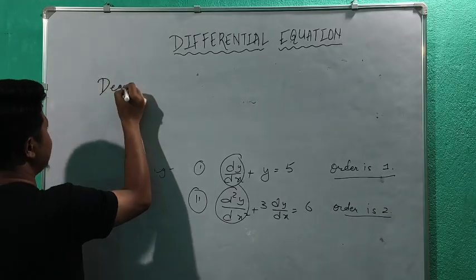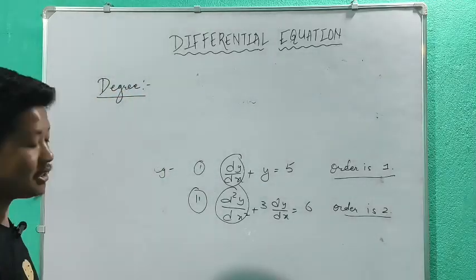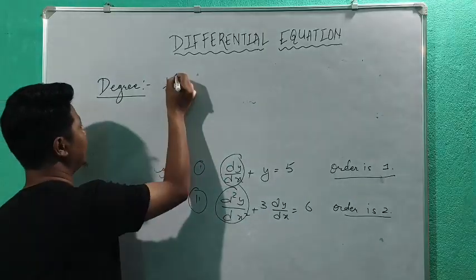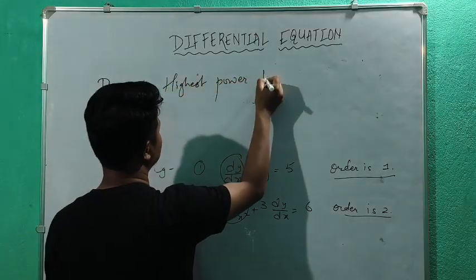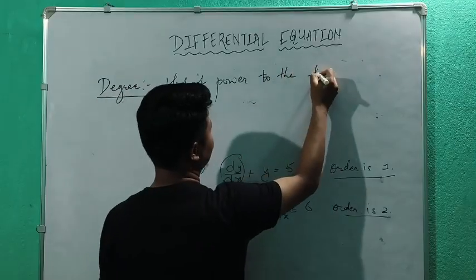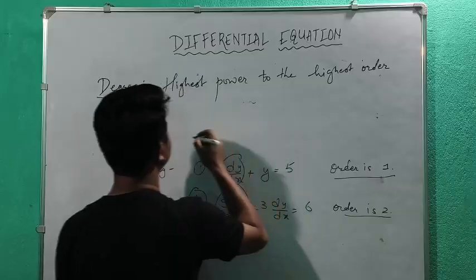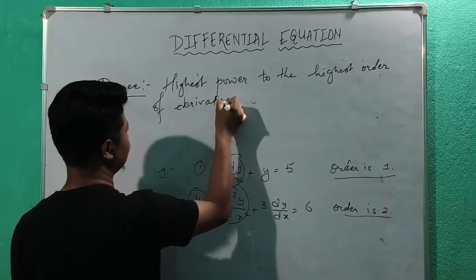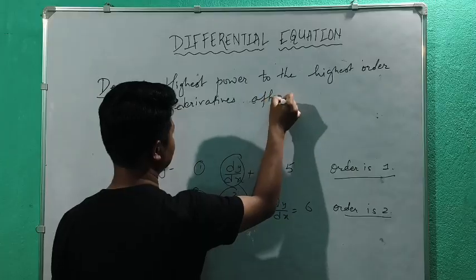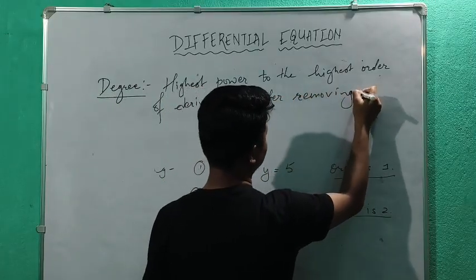So next thing is the degree. What is the degree? So degree means the highest power. I can write highest power of the highest order of derivatives after removing